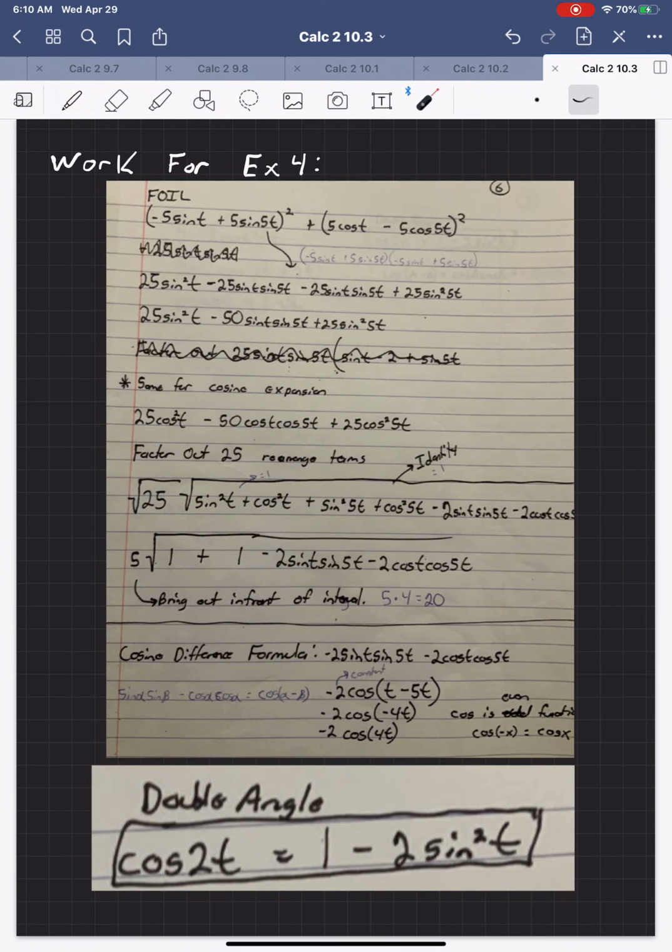This 2 sine of t sine of 5t minus 2 cosine of t cosine of 5t. This is why you should have paid attention in your trigonometry classes, because this is a pain in the butt to integrate unless you're willing to accept decimals. But if you want an exact answer, and I assume your employer is going to want an exact answer whenever possible,